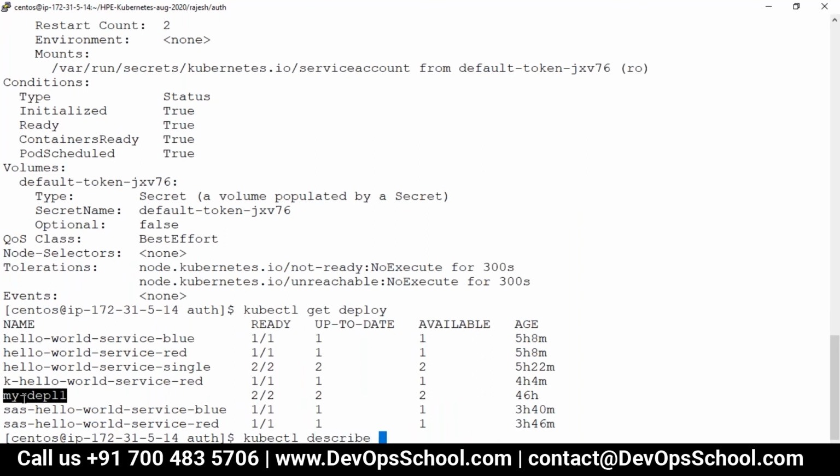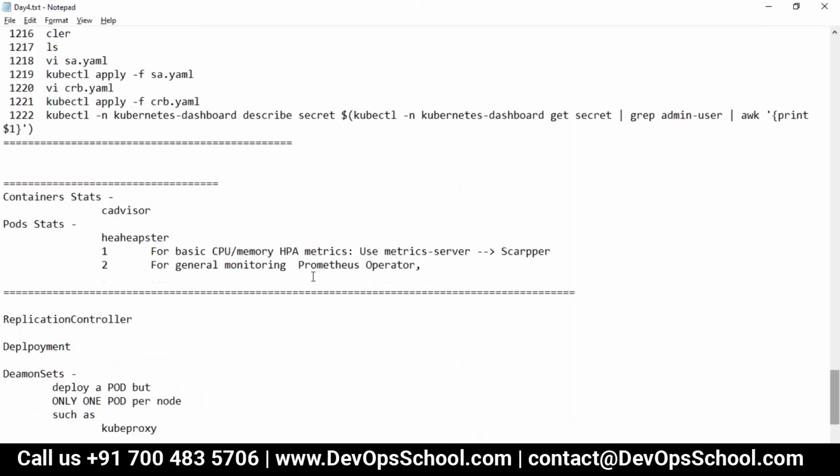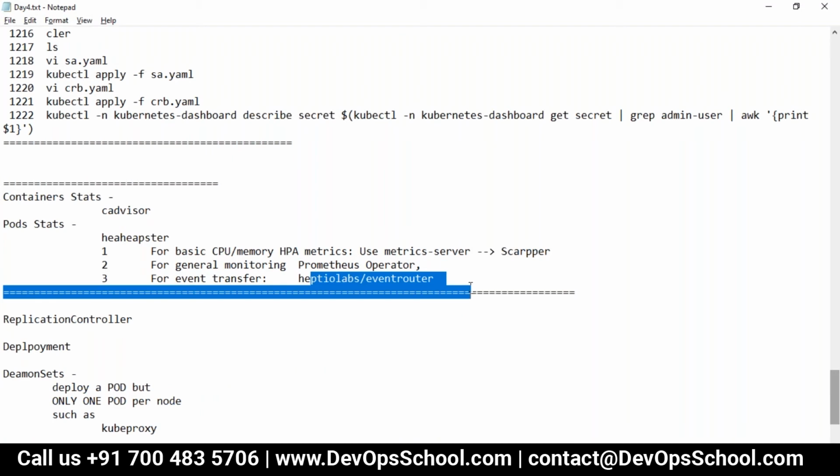So every object has events, and that will be scraped by this event tool. Okay, so to capture the metrics at the container level, we have to use the metric server. Yes, metric server. Okay.